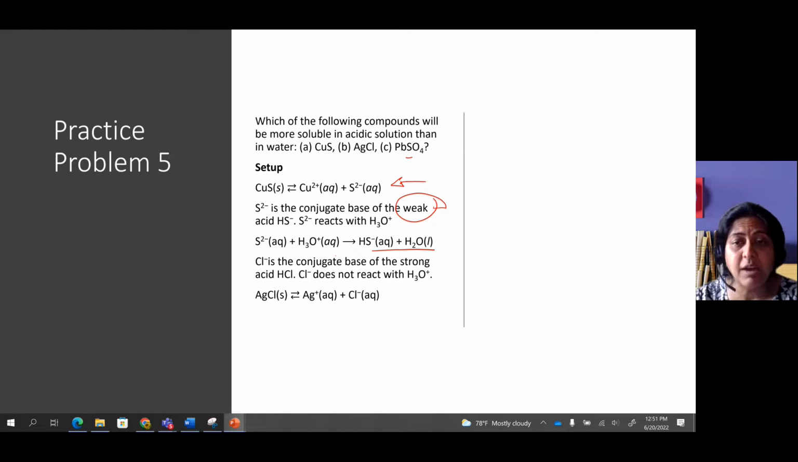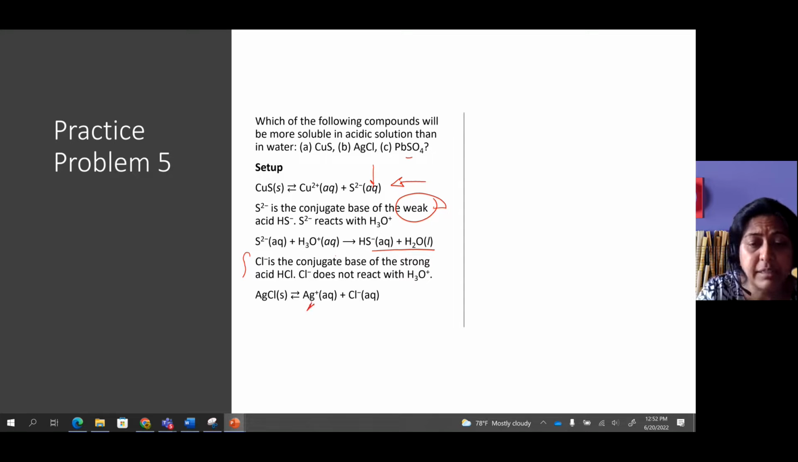Therefore, increasing the acidity by increasing the hydronium ions actually increases the solubility of the copper sulfide, because a higher H3O+ concentration reduces the sulfide concentration. So according to the Le Chatelier principle, the equilibrium moves forward to make more products. Next, we talk about the